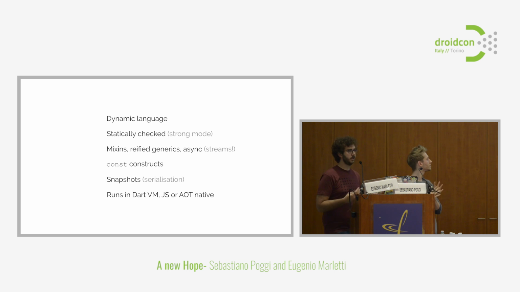The one is, of course, the Dart VM, which is a dedicated virtual machine. Then, as I mentioned already, it can be transpiled to JavaScript in case you want to do web, but you don't want to be doing JavaScript, nor TypeScript. And it also compiles to ahead of time native. Wow, that was loud.